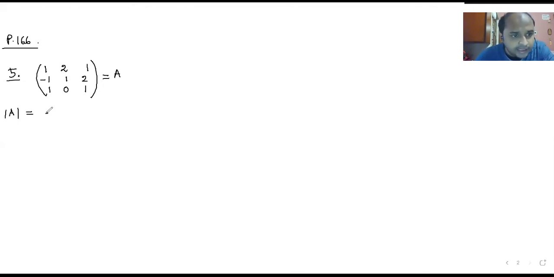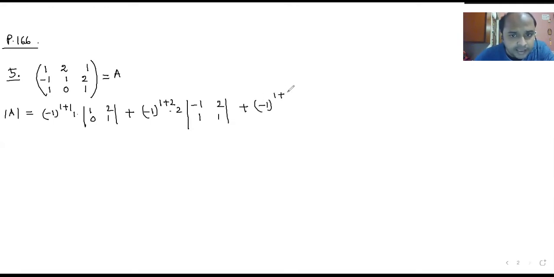So the determinant of that can be written as (-1) to the power 1+1 into the minor 1, 2, 0, 1, plus (-1) to the power 1+2 into 2 times the minor -1, 2, 1, 1, plus (-1) to the power 1+3 into 1 times the minor -1, 1, 1, 0. Okay, this term is positive, this term is negative, this term is positive. So this becomes